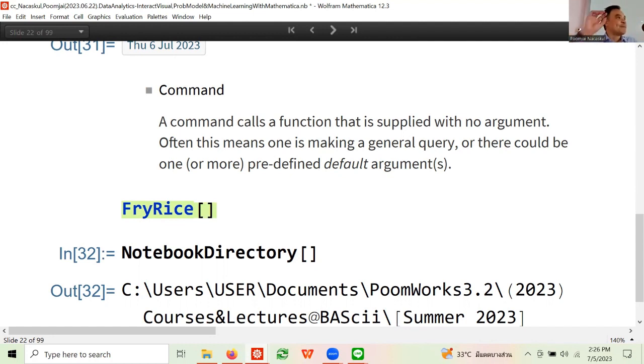So this is where it's slightly different from the concept of a function in mathematics. In mathematics, if a function takes 2 arguments, it always takes 2 arguments. In this case, the function can take 2 arguments, sometimes it can take 1 argument, sometimes no argument. It's not because the function is incomplete.